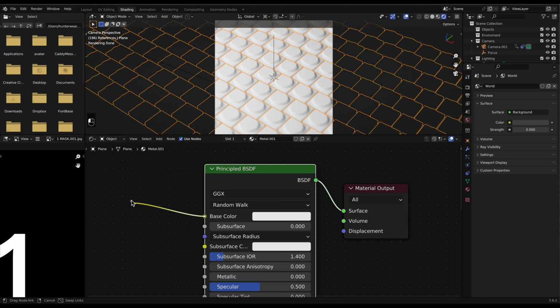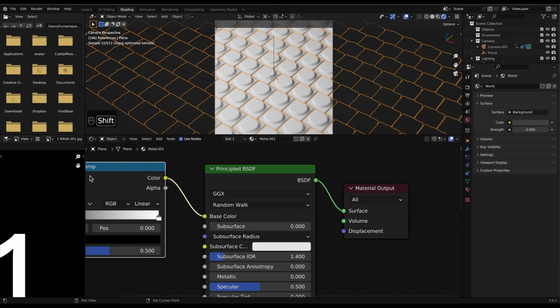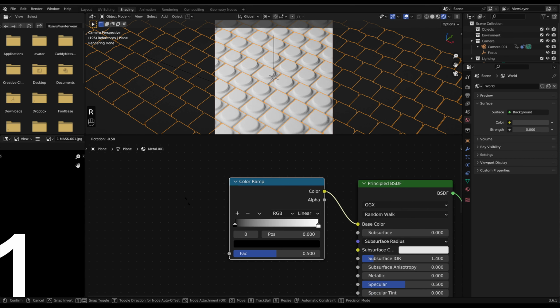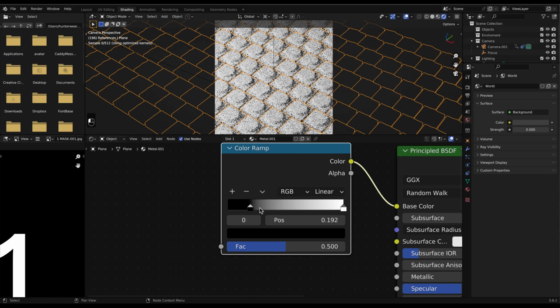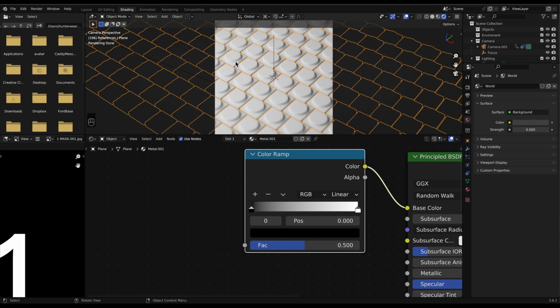Now what we're going to do is plug in a color ramp just to start explaining how this will work. So I've got the wrong spelling. Color Ramp. And then what we can do from here is, you'll notice that right now it's not really outputting a value. It's basically outputting a value of 0.5, so the center value in between here, onto every instance that we have.